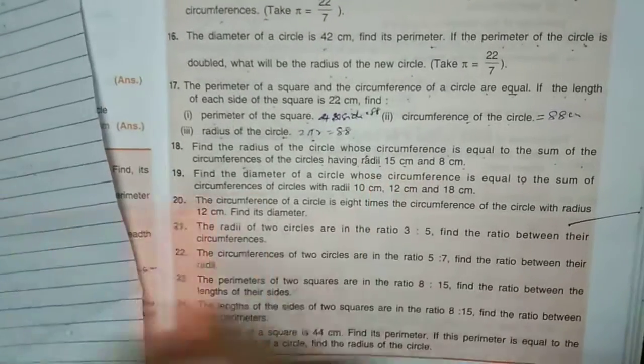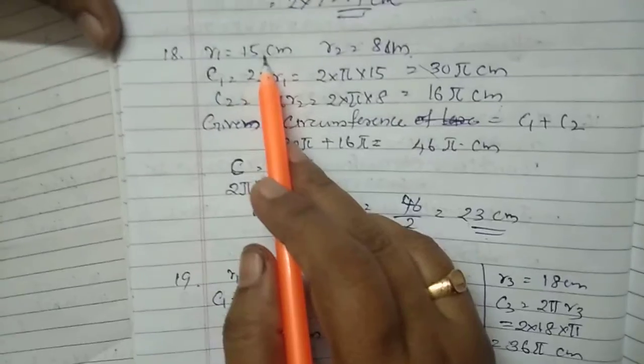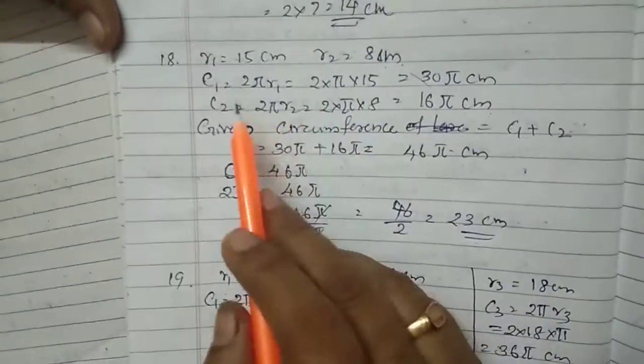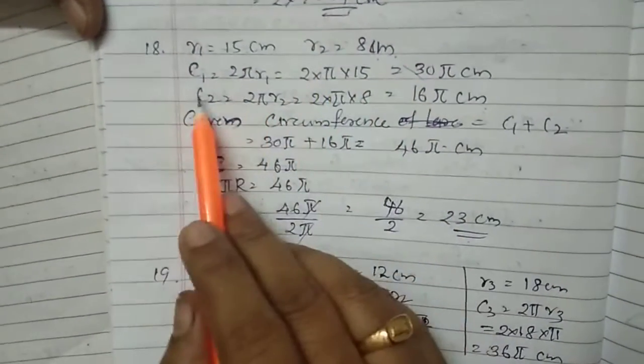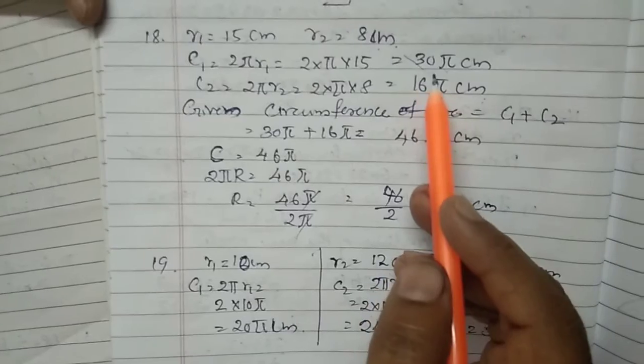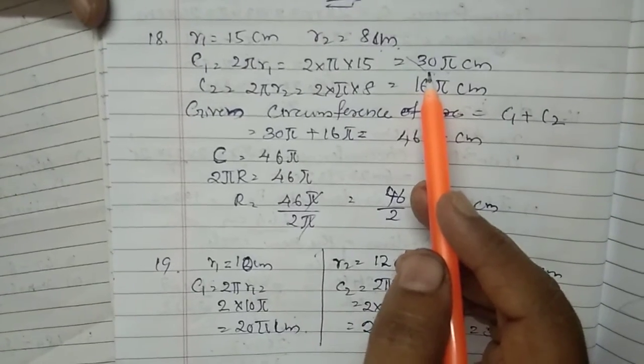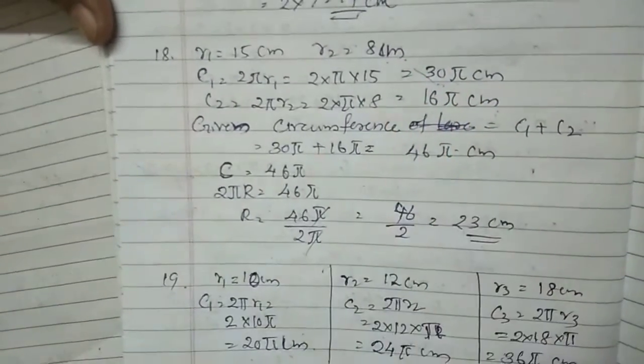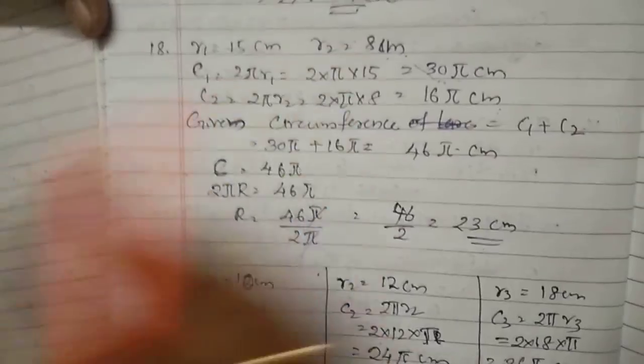Okay, the steps, I will show you. R1 is 15, R2 is 8 centimeter. Different radii, so we have taken R1 and R2. Using that, we have calculated the perimeters 30 pi and 16 pi. This type of question, more than one or two circles or